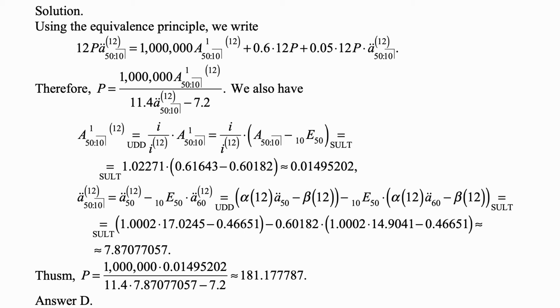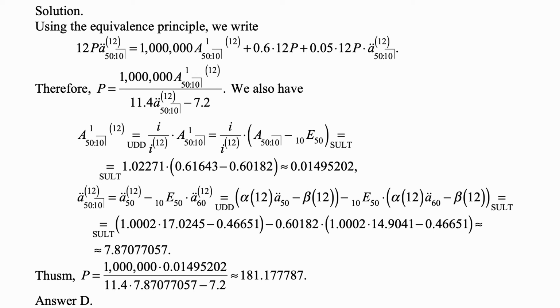In other words, endowment minus pure endowment, because we only have term insurance that we're considering here. Those two values are actually in the table, and i over i^{(12)} is in the table. So we plug them all in, and we get this to be